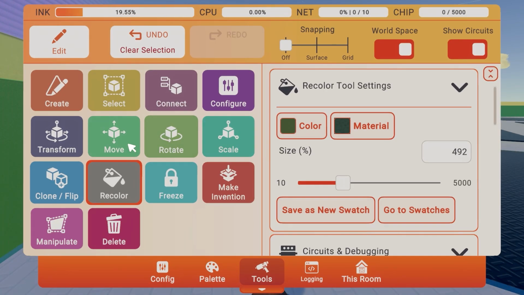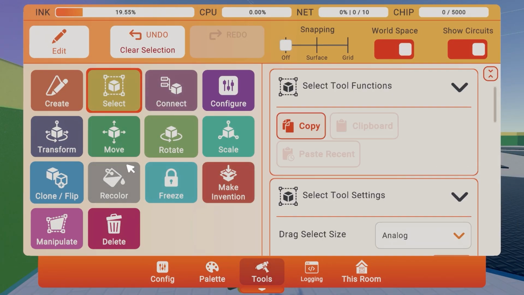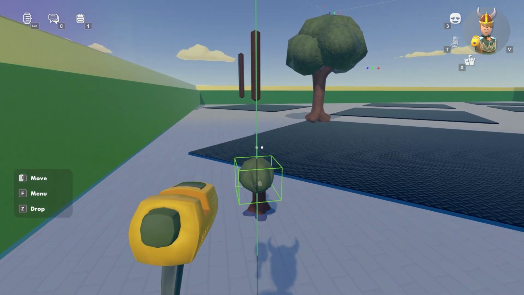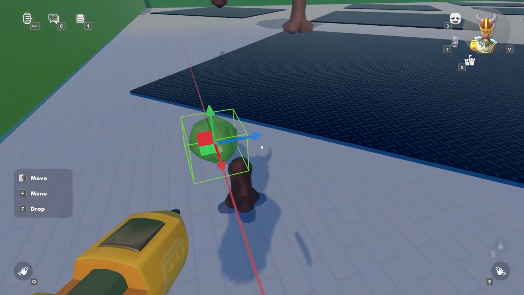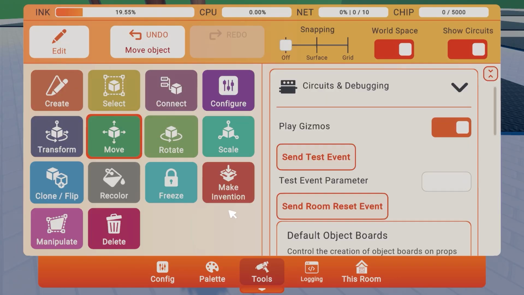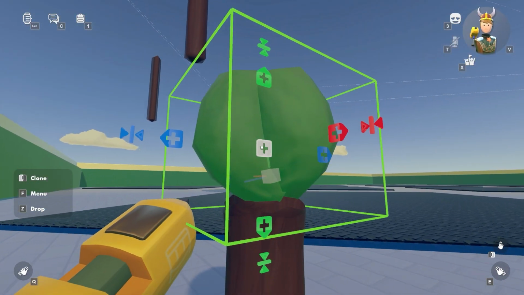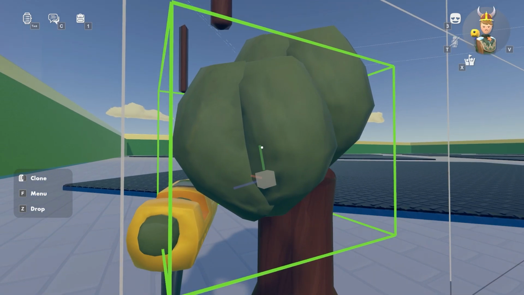What you're going to want to do from here is grab this using the Maker Pen, go to Tools, go to Move, and you're going to want to move this right on top of the miniature tree that you have made. Just put it right in the middle. Now what you can do is go back into the Maker Pen, go to Tools, Clone and Flip, and use this middle button right here to move around